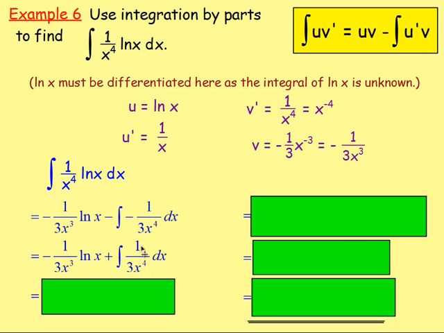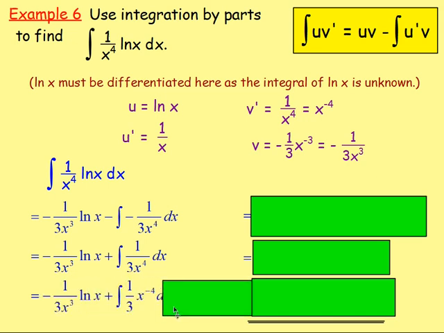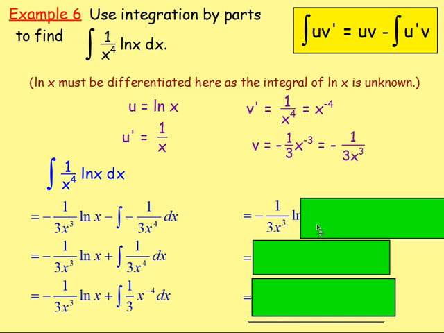After that, to integrate 1 over 3x to the power of 4, well, you may wish to write that as 1/3 x to the negative 4 to make it easier for yourself. So the first part is just staying as it is, and then I've got the 1/3 and I'm moving that up so it's x to the negative 4. You know to integrate that, well, you're keeping the first part, the negative 1 over 3x cubed, ln x, plus,